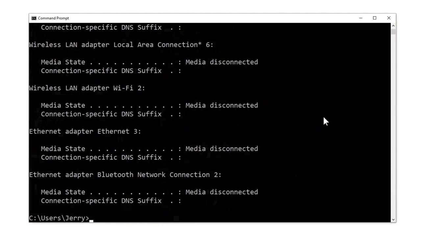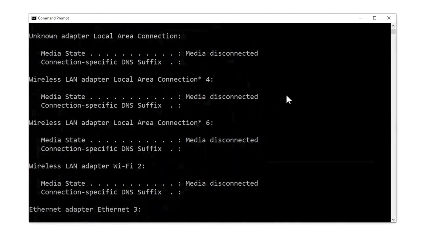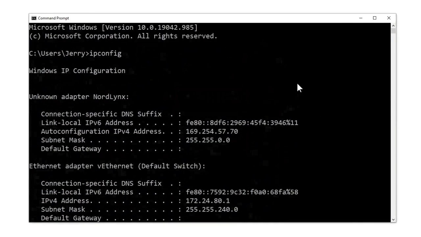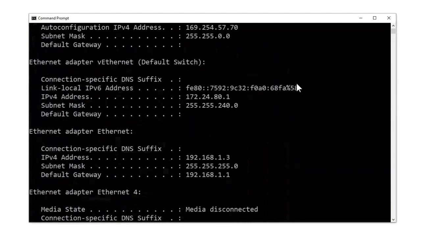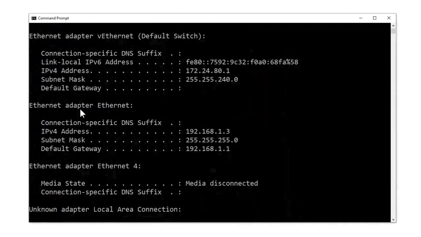When you enter only ipconfig, you don't get the full information. What you do is add a little switch, which is /all. Then we get all the information we were looking for. Okay, let's go back to the